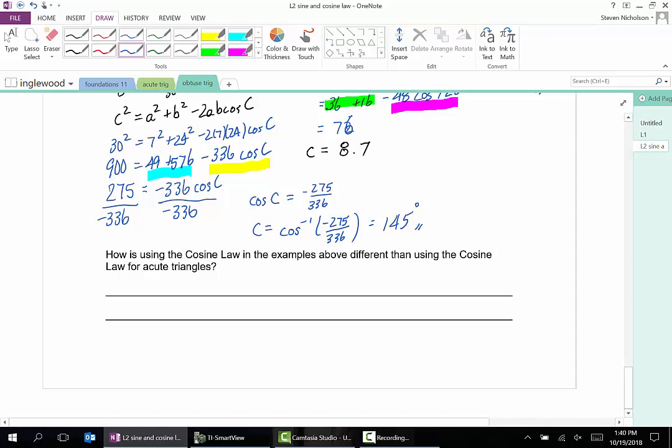So how is using cosine law in the examples above different than using a cosine law for acute triangles? Again, just with the sine law, there is no difference at all. Your calculator does all the work. Your calculator knows that a cosine between 90 and 180 is negative,